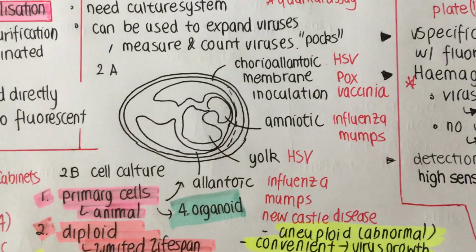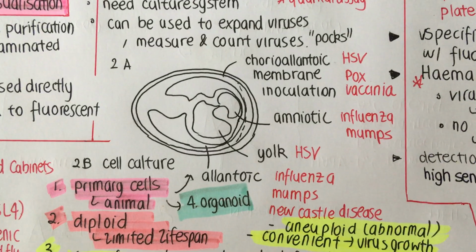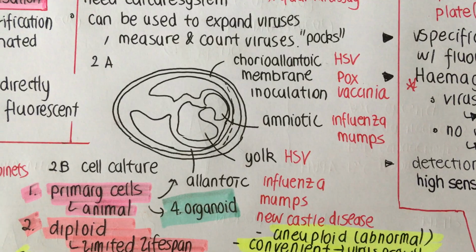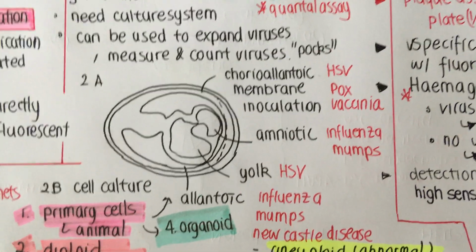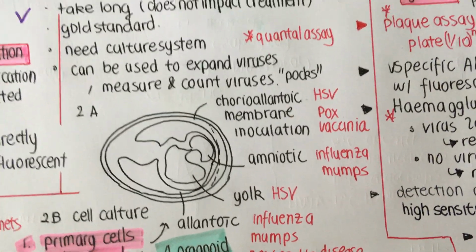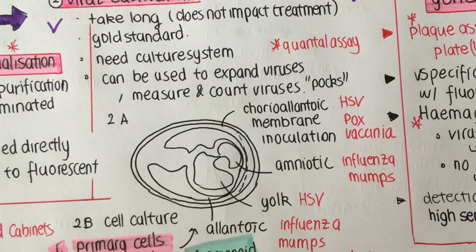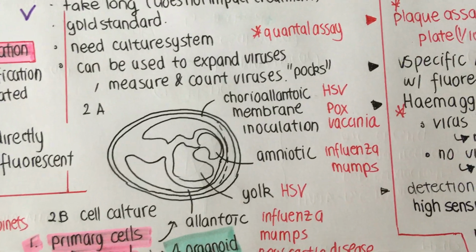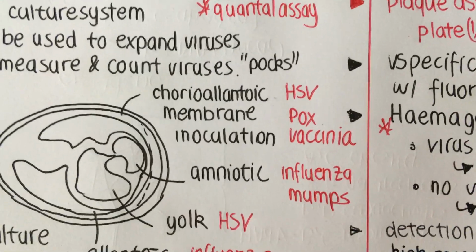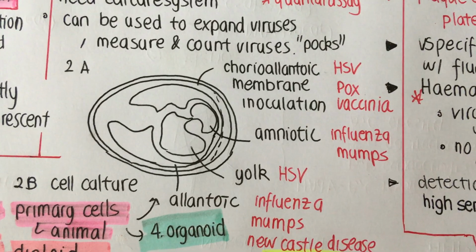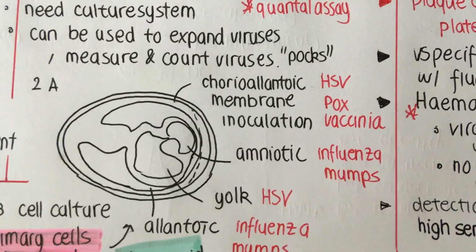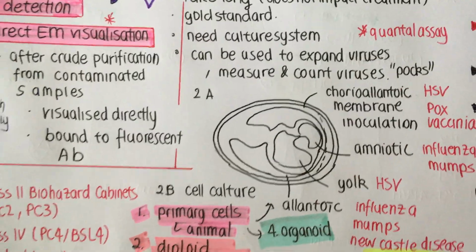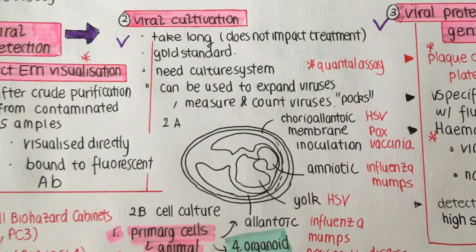And over here we can see a chicken egg, and the different parts of the chicken egg can be used to cultivate different types of viruses. So if I told you that there was viral growth in the chorioallantoic membrane, then you would infer that this could be HSV, pox, or vaccinia. But if it grew in the amniotic fluid, this could be influenza or mumps. So viral cultivation allows you to gain a vague idea of what you're looking at, but it is not very